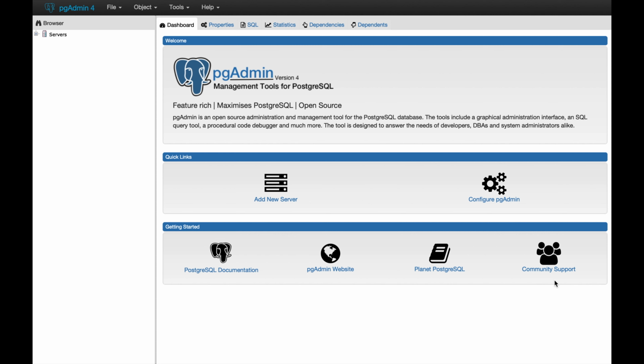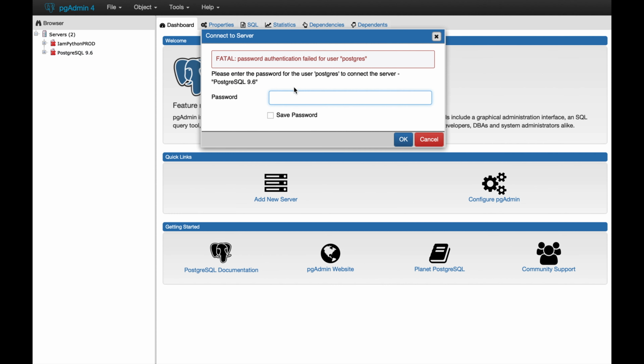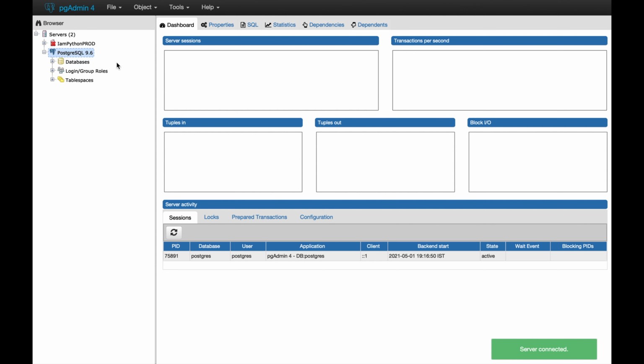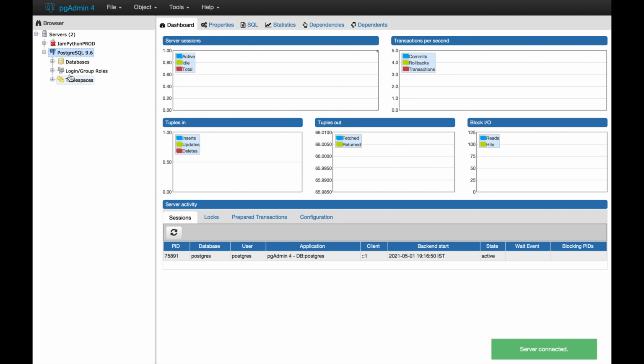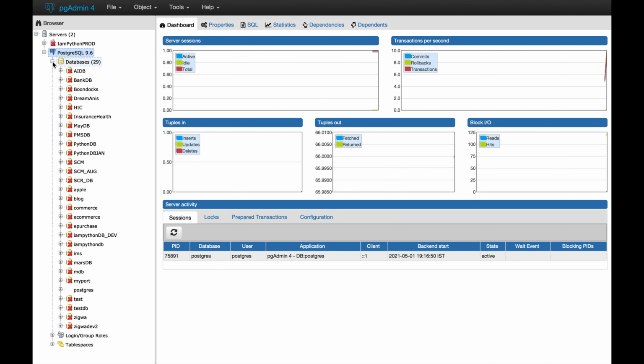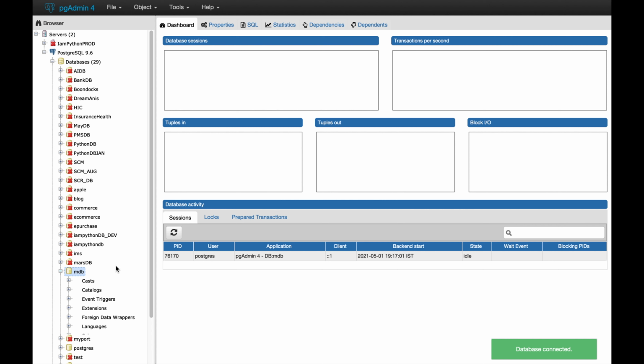Okay, I just opened the pgAdmin. Now we can see the database details here. Now I'm going to expand the PostgreSQL. It is asking for the password. In my case, it is admin. It is actually the server password. After that, we need to expand the databases. You can see so many databases in my local. Basically, we created an mcommerce DB that's called MDB.